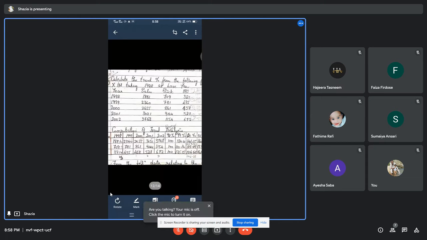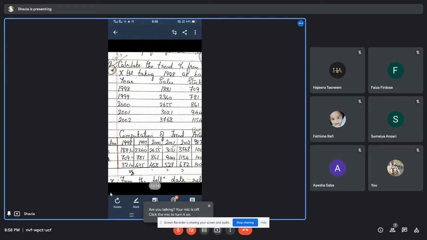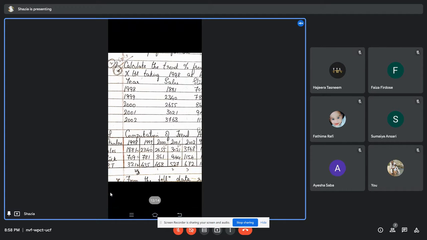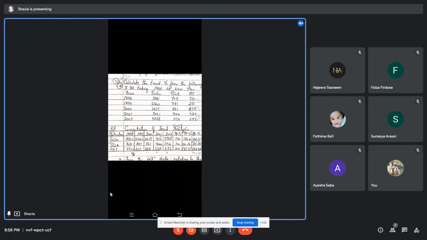See, compare this. They have given it in vertical way, but you prepare it in a horizontal way first. Prepare the form in horizontal way. See now sales is continuous now: 1998, 1999, 2000, 2001, 2002 like this. You go with every year in this horizontal way. Then that time you'll understand clearly.